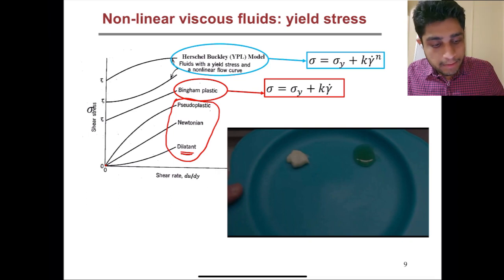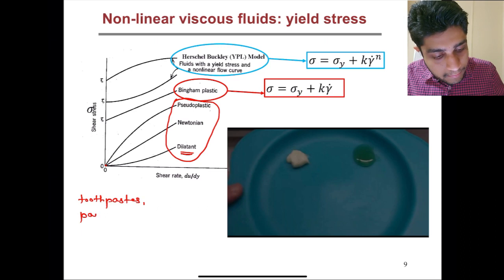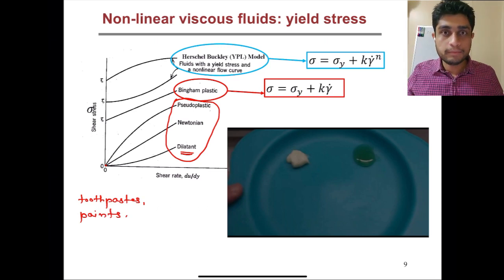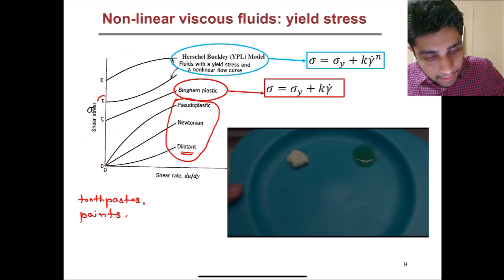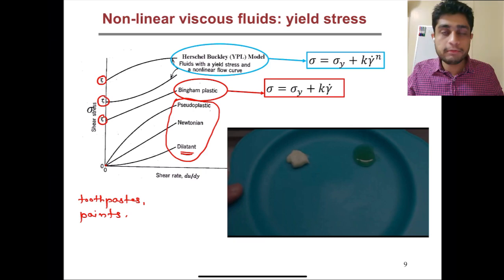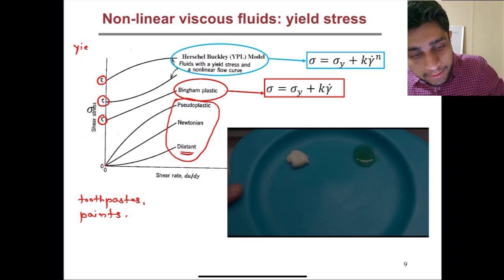But there are some fluids like toothpastes or paints which do not flow if we apply a stress which is smaller than some threshold value, which is indicated here by tau naught. This threshold stress which is required to make the fluids flow is usually called the yield stress,